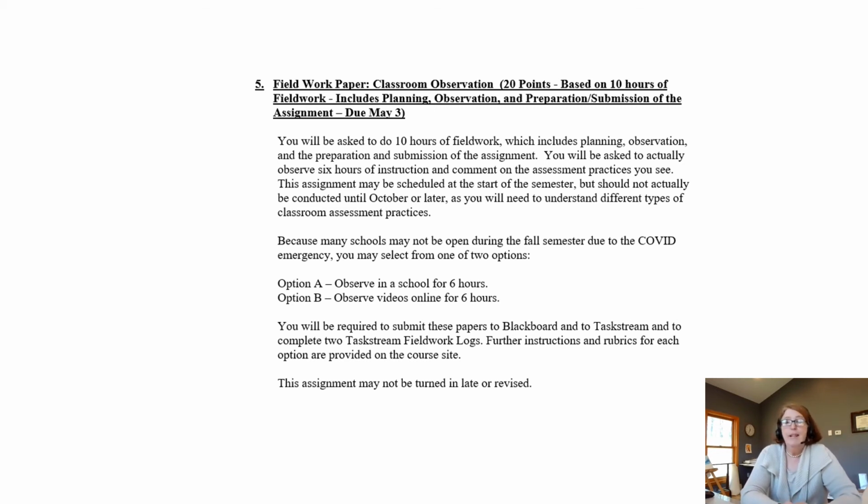You should be doing this as late as probably starting this around late February, early March. And the reason for that is you don't know what you're looking for. You have to go in, you have to look for evidence of assessment, and you won't know much about that until around the middle of the course. So you can go ahead and think about, do I want to do an in-person observation or do I want to do a video observation, and start planning for that. And start looking at the course instructions for the assignment, but don't actually do the observation yet.